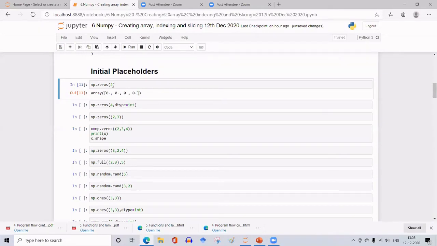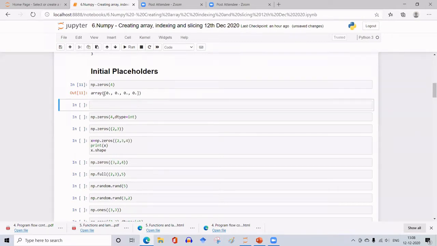And if you want it to be an int, I'll make a separate line. You must give the data type also. 4 comma dtype equal to int, that is integers. Then it will not print this decimal point.